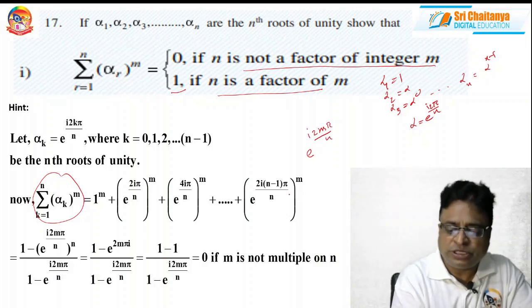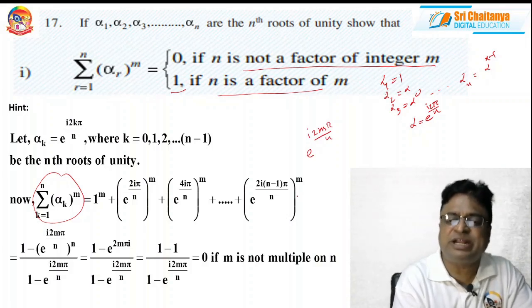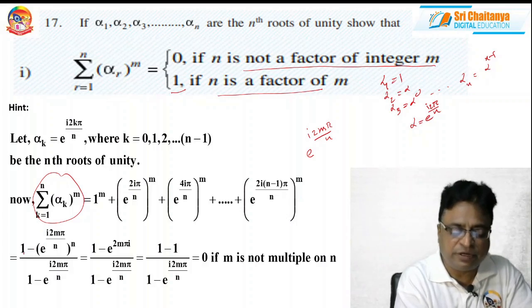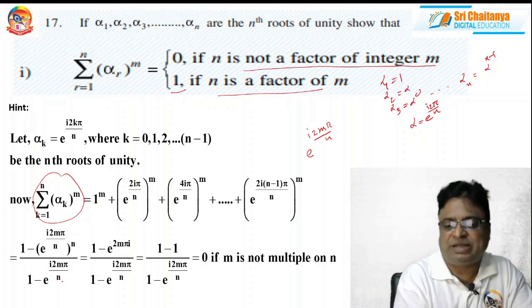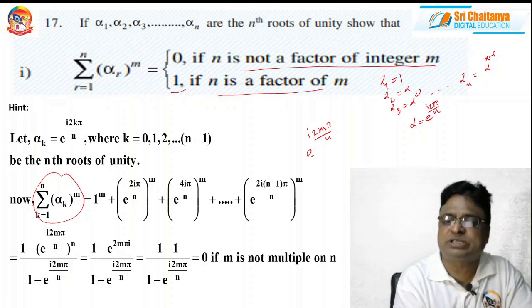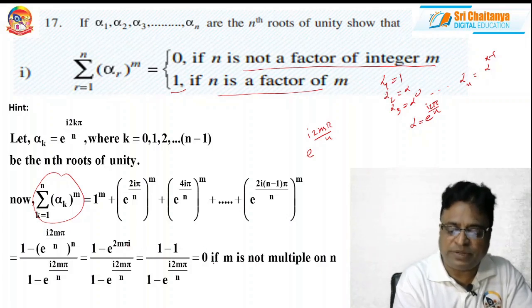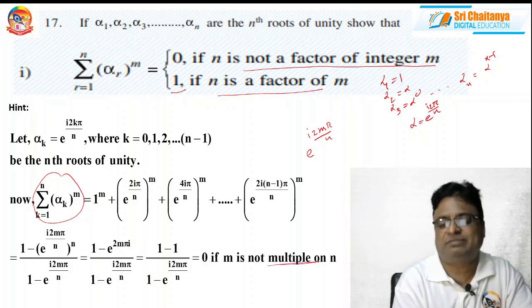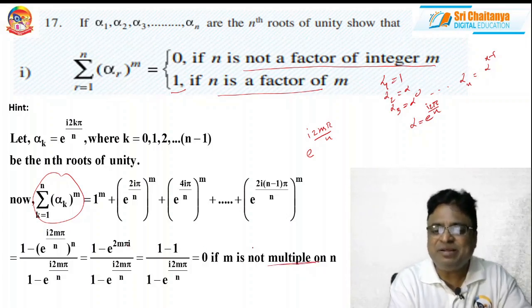So the sum of these, what is it? Sum to n terms. Therefore, a times r power n minus 1 by r minus 1. So I have written this, and after simplification, 1 minus e power 2m pi i. Got it, and e power 2m pi i is equal to what? It is 1 if m is a multiple of n, and it is 1 minus 1 if m is not a multiple of n, so the numerator is 0.